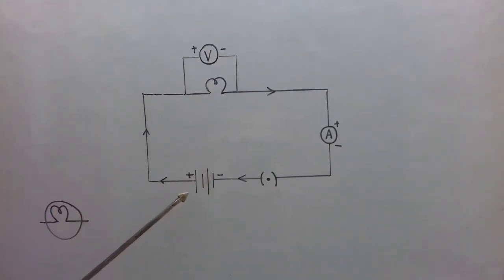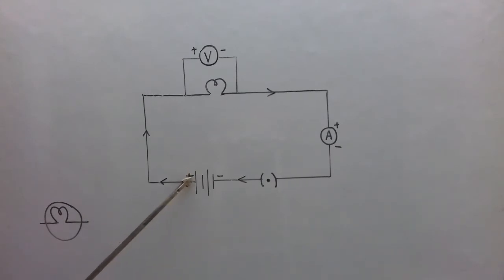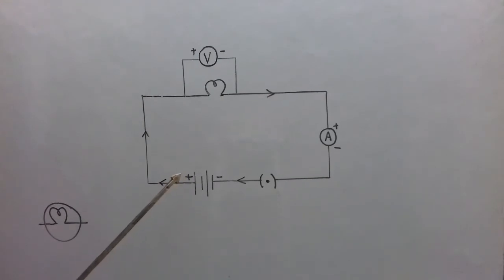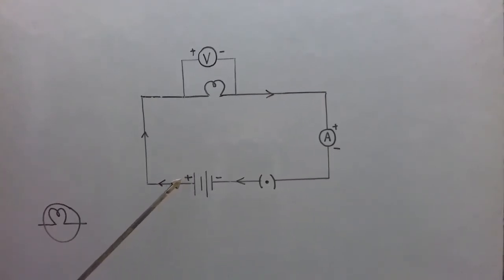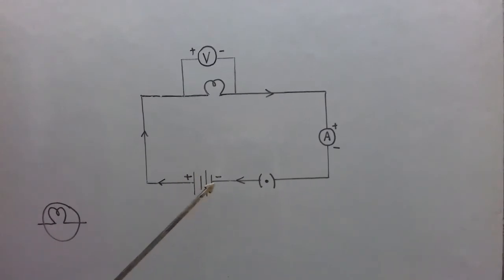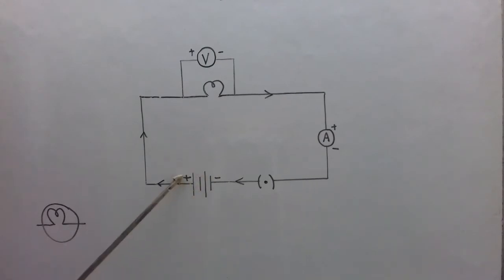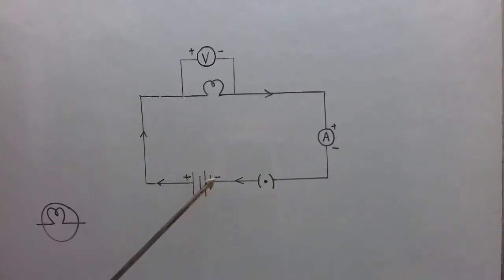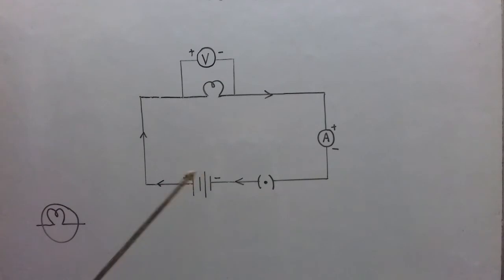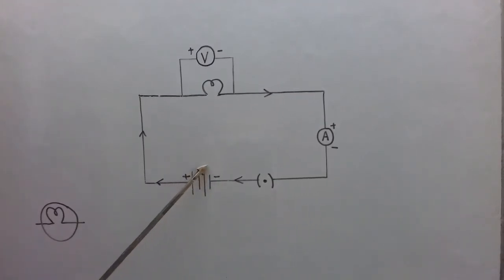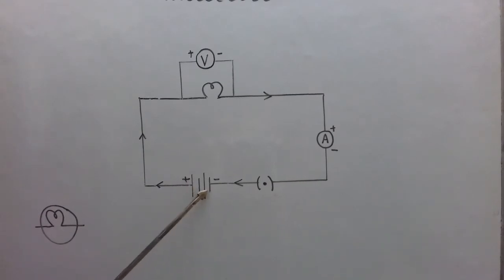Potential difference means what? How is it created? One positive terminal, one negative terminal. Positive terminal means there is a deficiency of electrons, in simple words I am explaining to you. We are not going in depth. Negative terminal means an excess of electrons. So the positive terminal has high potential, the negative terminal has low potential. There is a potential difference across the two even when nothing is connected to the cell or battery.